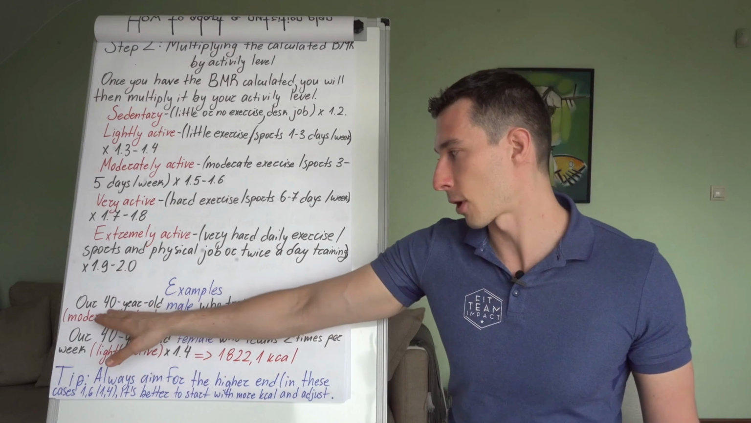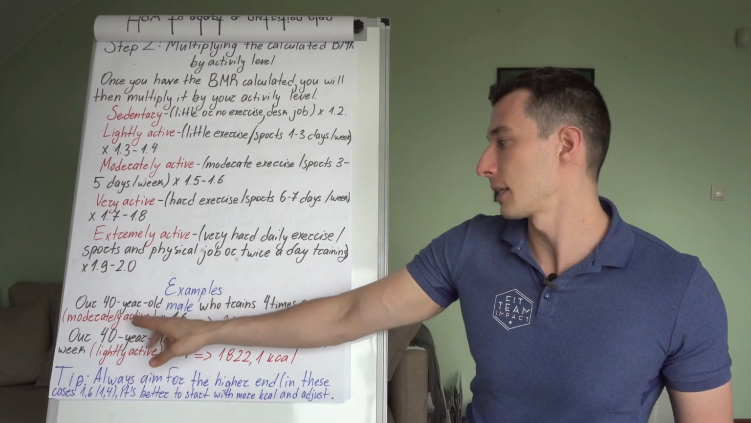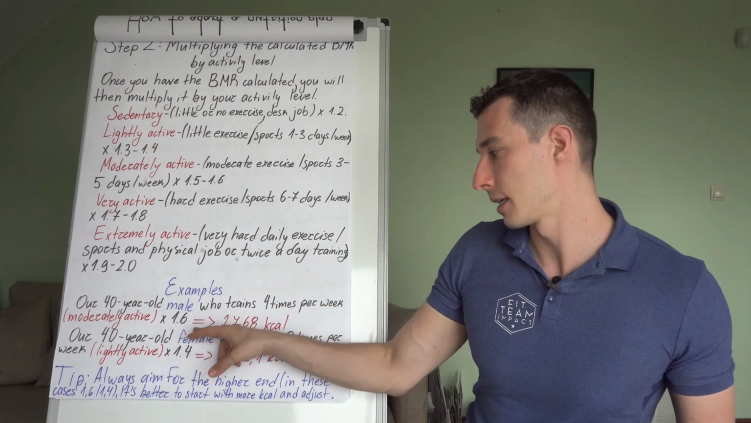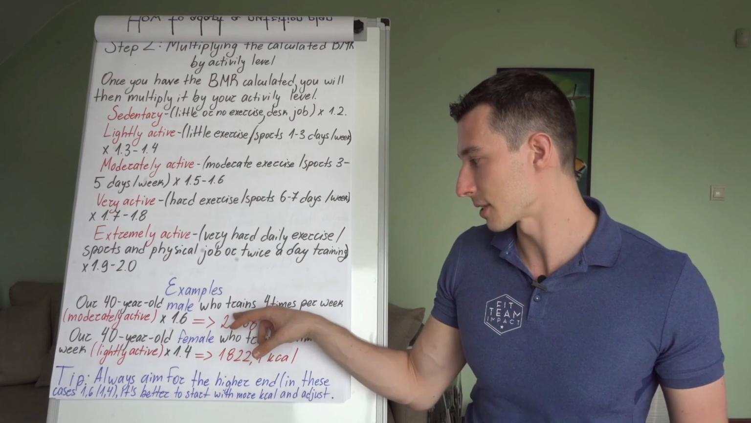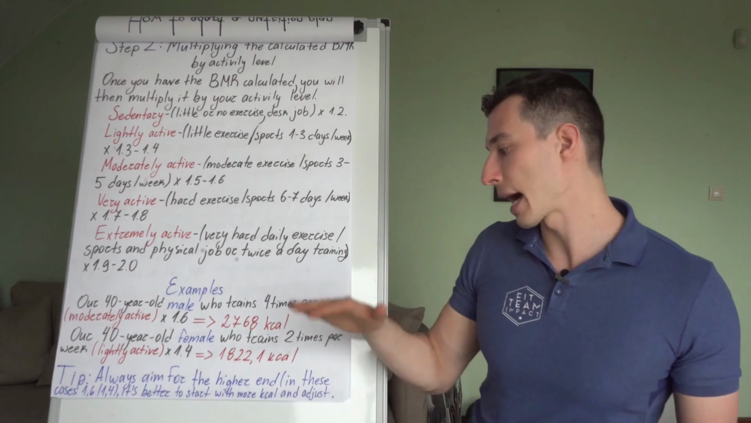Now, as an example, for our 40-year-old male who trains 4 times per week, meaning he's moderately active, we'll multiply by 1.6, and that would equal a total of 2,768 calories. Now, as a tip, always aim for the higher end,